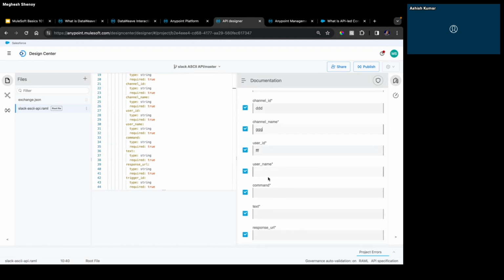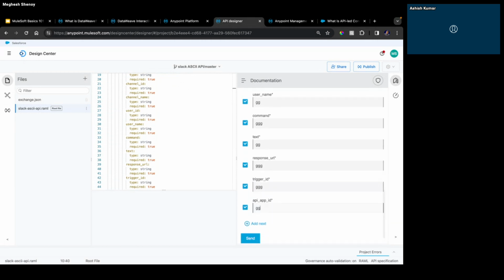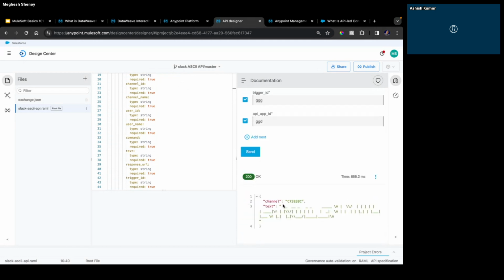So I can just type in anything over here, the command, text, URL, response, app ID, and send it. If you see, I got the response, and as I said, this is not an actual implementation. I'm just mocking the API. I want to know what the behavior of this API will be before implementing it. This is what we basically do in MuleSoft. So once we get this kind of response from the Slack API,